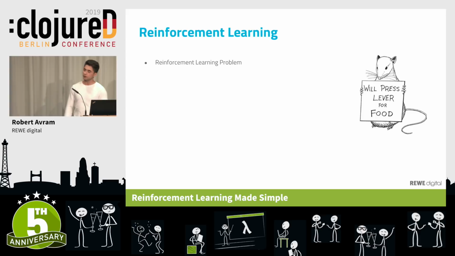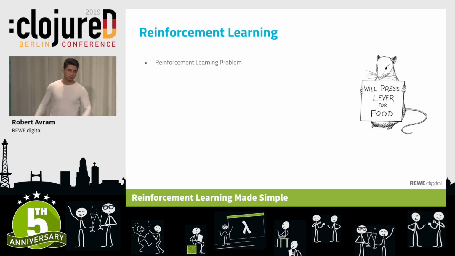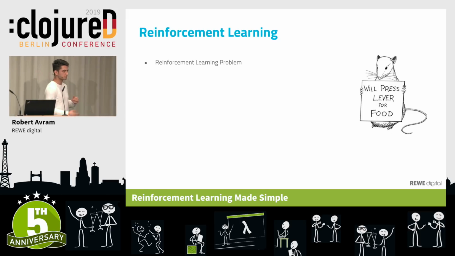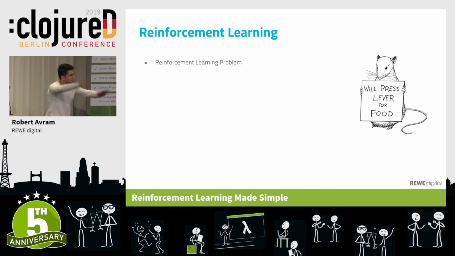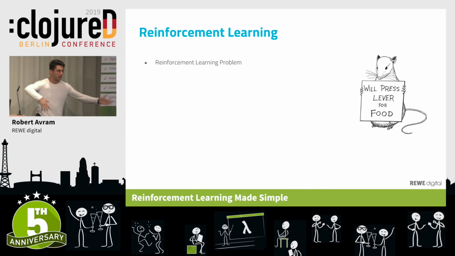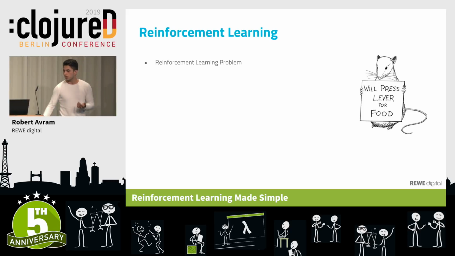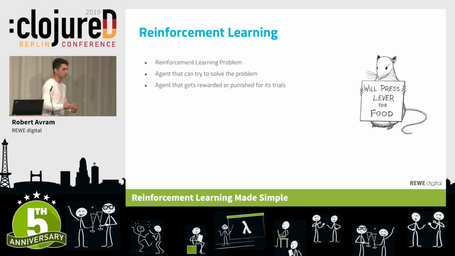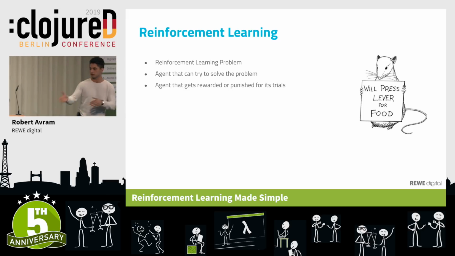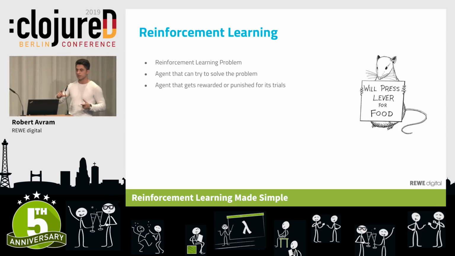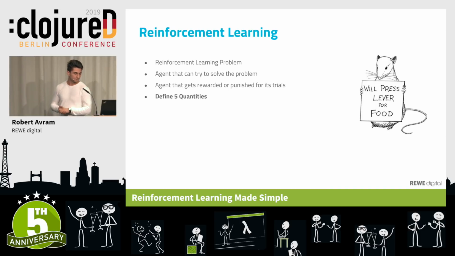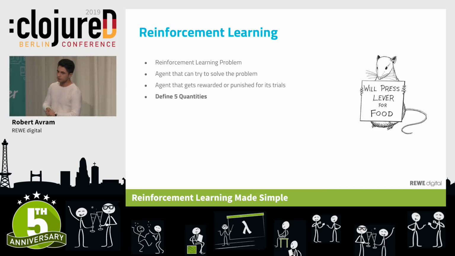Now, if you ever have one such problem, you could try solving it with reinforcement learning. And the way you do this is by defining your problem as a reinforcement learning problem, which basically just means that you have to physically define this environment where a thing can roam about, try to solve your problem, and for every trial that it does, it gets rewarded or punished respectively. Now, this thing in time is going to realize which things led it to a reward and which things did not, and will converge to the behavior that will always lead to a reward, thus basically meaning that it will behave optimally. Now, if you ever want to do this, you have to define this environment in terms of 5 quantities.